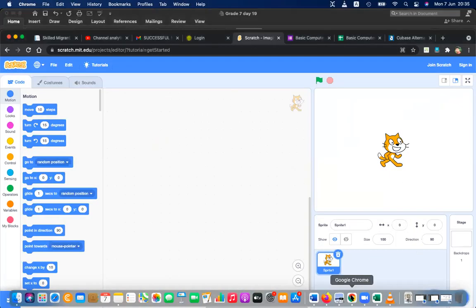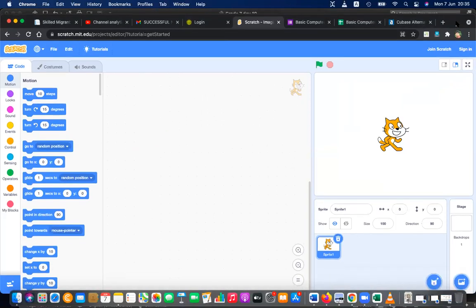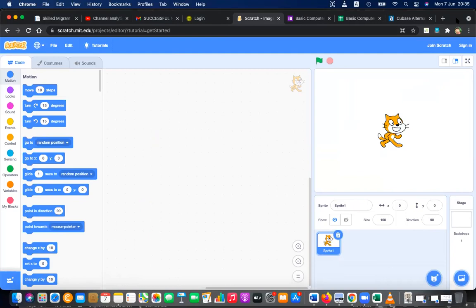Okay, let's shift to the interface. I have closed the tutorial and this is the interface that you are seeing. First of all, let's experience sequence, one instruction after another. Here you have the cat. I'll drag the cat to the corner and give some instructions to the cat. Actually, I'm giving instructions to the computer, but you will feel like I'm giving them to the cat. Okay, hey cat, what do you have to do?